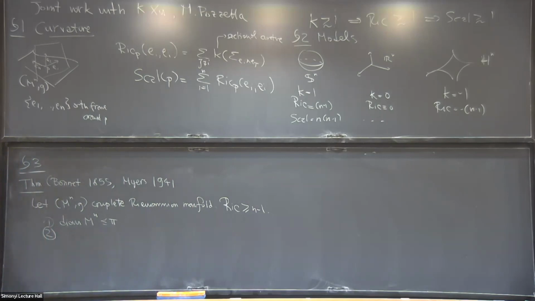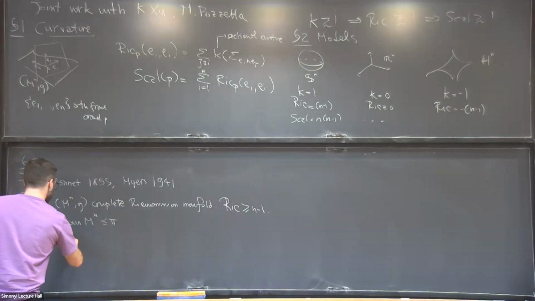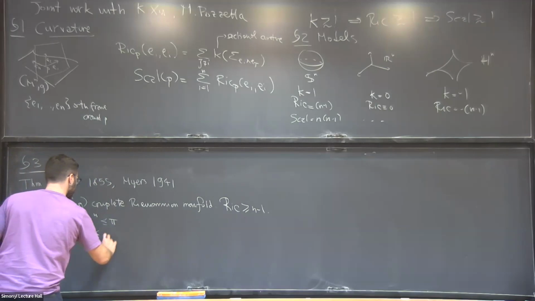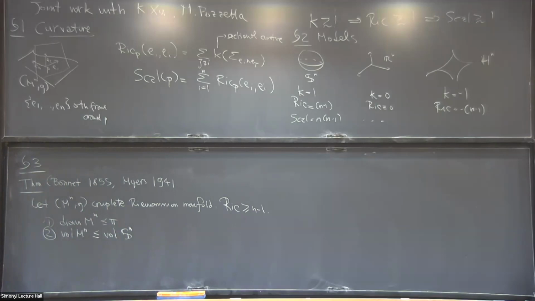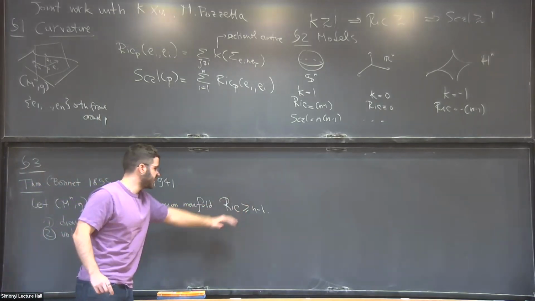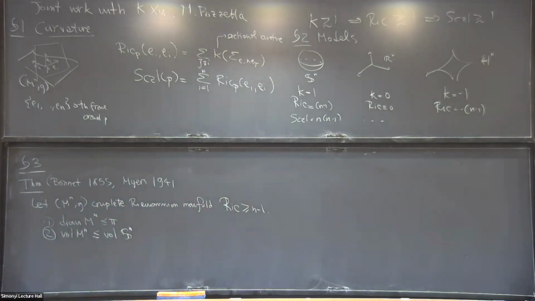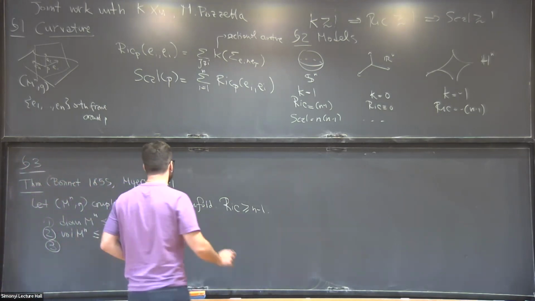Not only is the diameter bounded above, so that you have to close up within pi, you also have that the volume cannot be too large. The volume of the manifold is less than the volume of the sphere. And of course this is sharp, because equality holds when you are at the sphere, which satisfies this inequality. Well, finally, as a consequence, oh, sorry, I forgot to say, this volume bound here is due